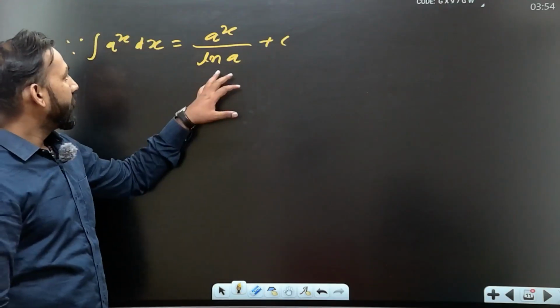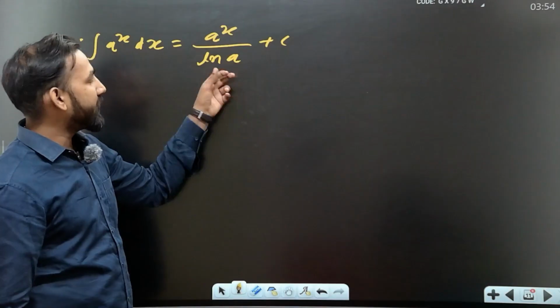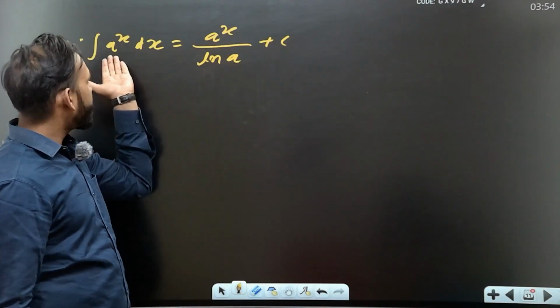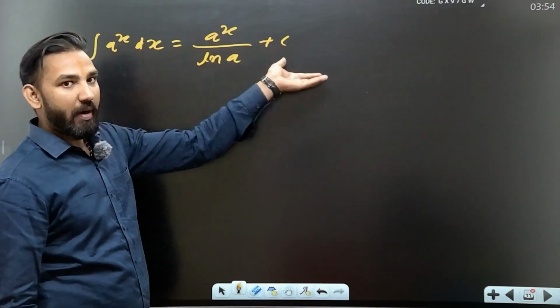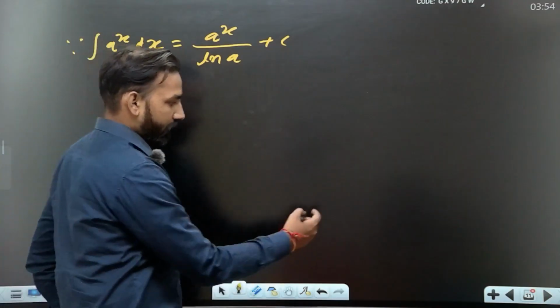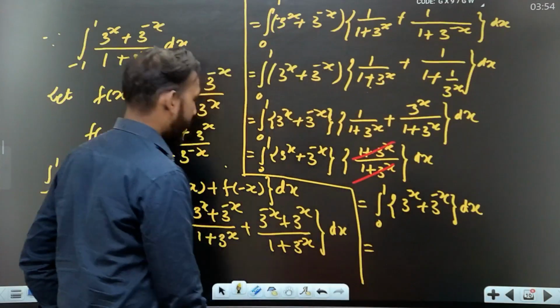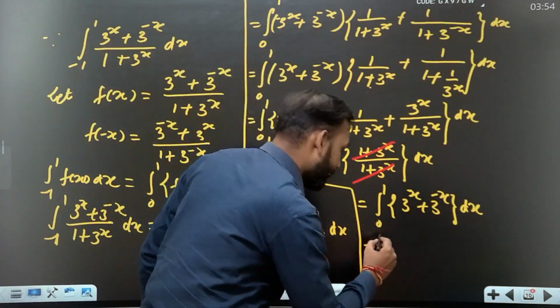This rule, because ln e is 1, then integration of e raised to power x is e raised to power x, right? Now we apply this formula here, and we get